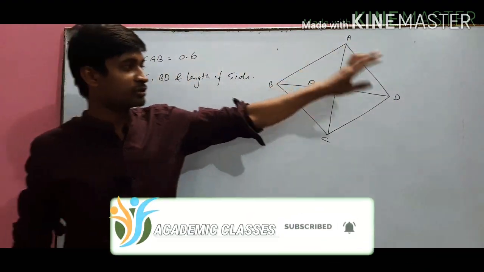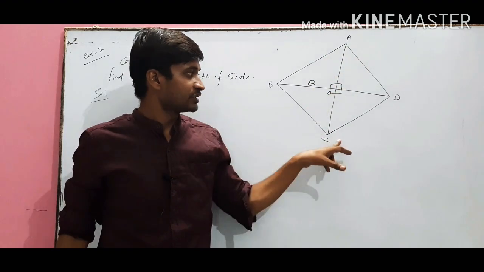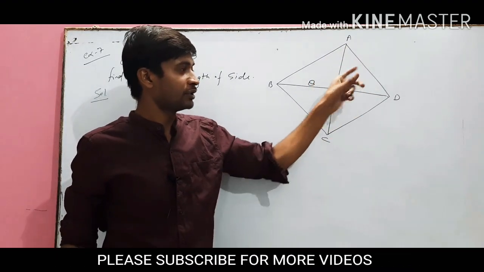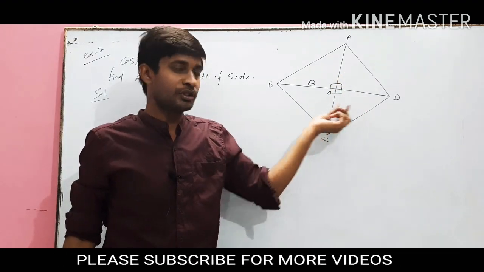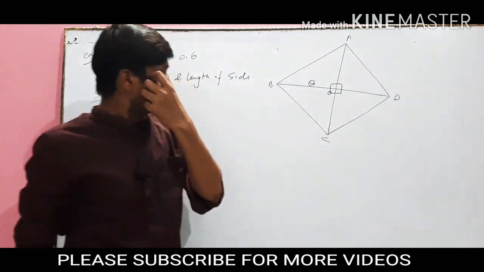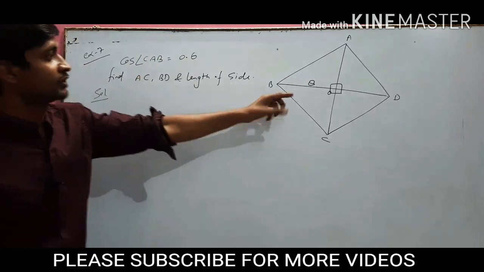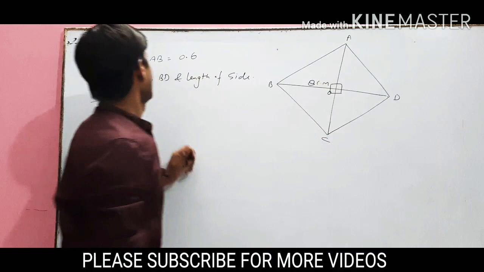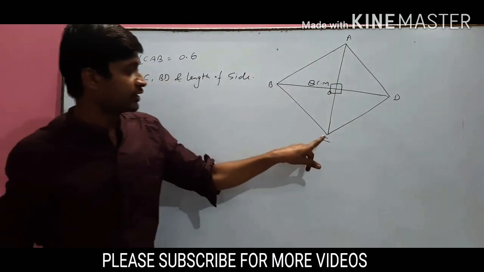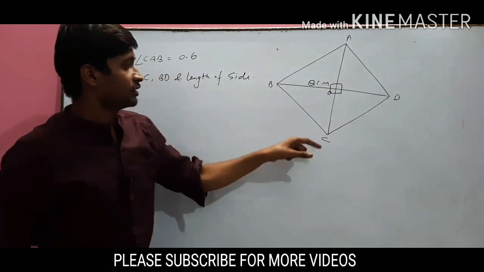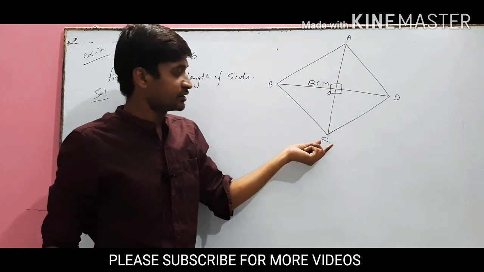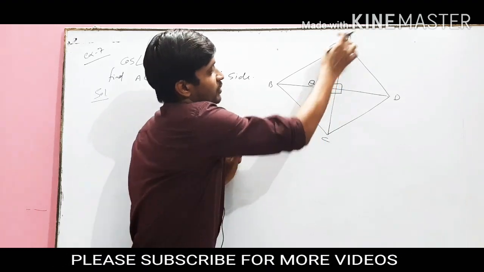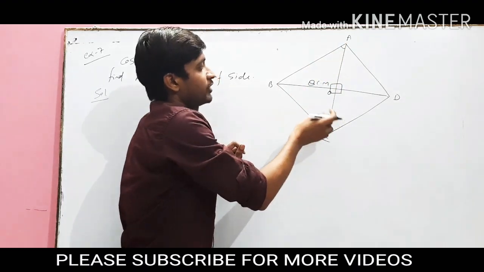First, in a rhombus all sides are equal, and diagonals bisect each other at right angle. So here there are 4 right angle triangles. First is AOB, next is AOD, this is COD, and that BOC, right? Here we have the length of BO given, that is 8 centimeter. And one more thing, that is cos CAB. We see here AOC is a straight line. They are saying CAB, meaning this angle. So we can say CAB or OAB, both are the same, right?